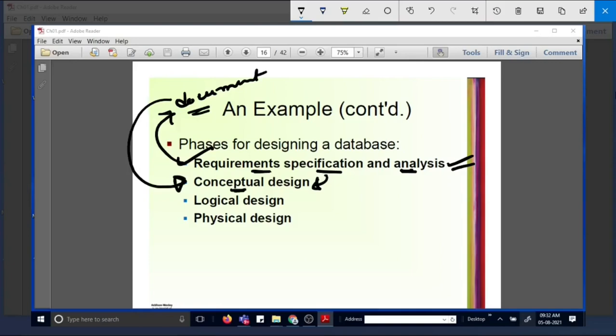The documented details are transformed into a conceptual design that can be represented and manipulated using some computerized tool, so that it can be easily maintained, modified and transformed. So once the documentation is done for requirement analysis, here you will design the conceptual design, and that will be done by some tools that are available in the company, and it will be stored and maintained.